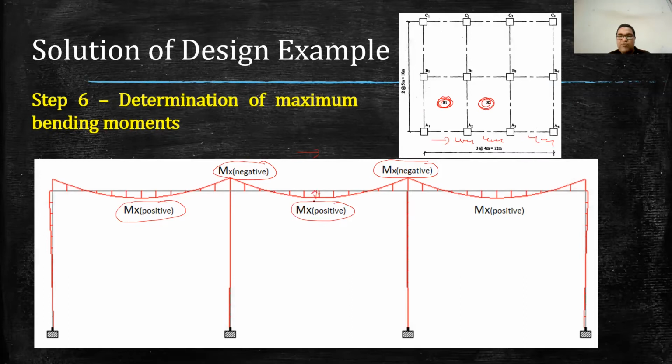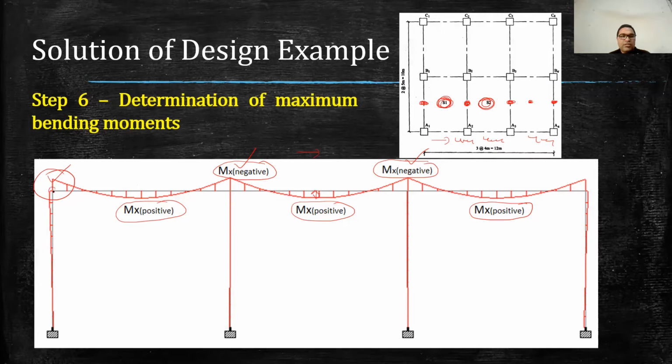So the value of bending moment here is mx positive. Similarly here also the bending moment will be maximum as mx positive, and at the edges, at these points, the bending moment is considered as mx negative, and mx negative here also. Similarly, at these edges, although we assume there is no moment, actually there will be some moment. To take care of this, as I explained earlier in the detailing, we will alternately bend up some main bars extending near the support. Those bars will take care of this partial moment.